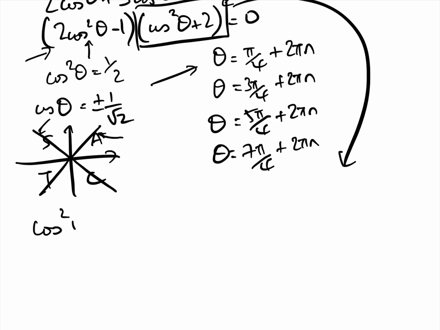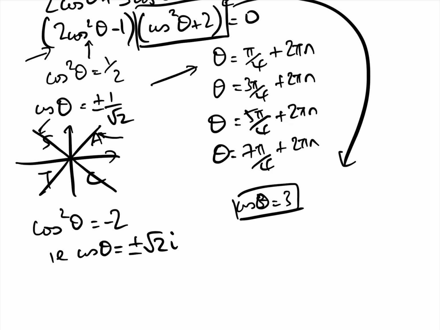So we have cos squared theta equals minus 2, i.e. cos theta equals plus or minus root 2 i. Now, in a previous video, we discussed how to solve cos theta equals 3, and you can find the link to that video in the description to this video. And in that video we discussed that cos theta can be written as e to the i theta add e to the minus i theta over 2. Go and check out that video if you don't know what that means,